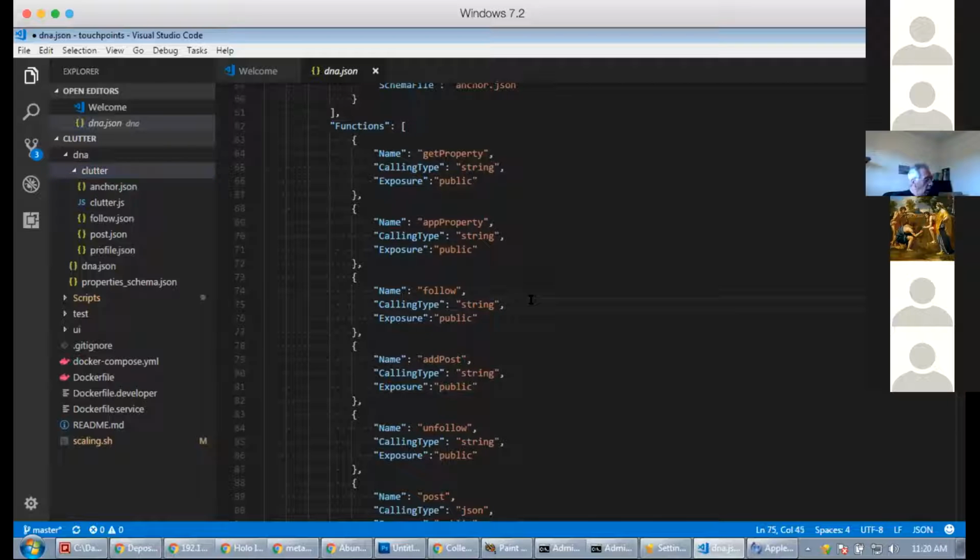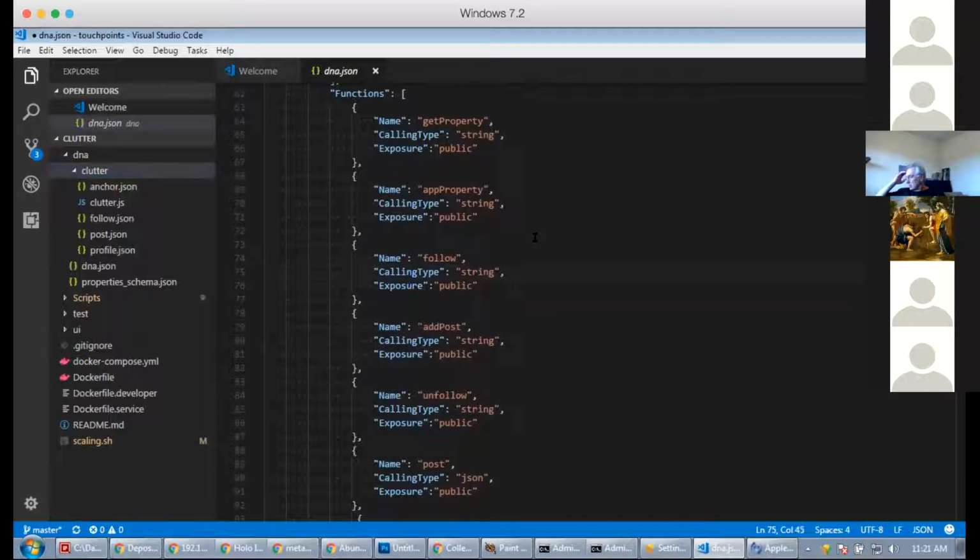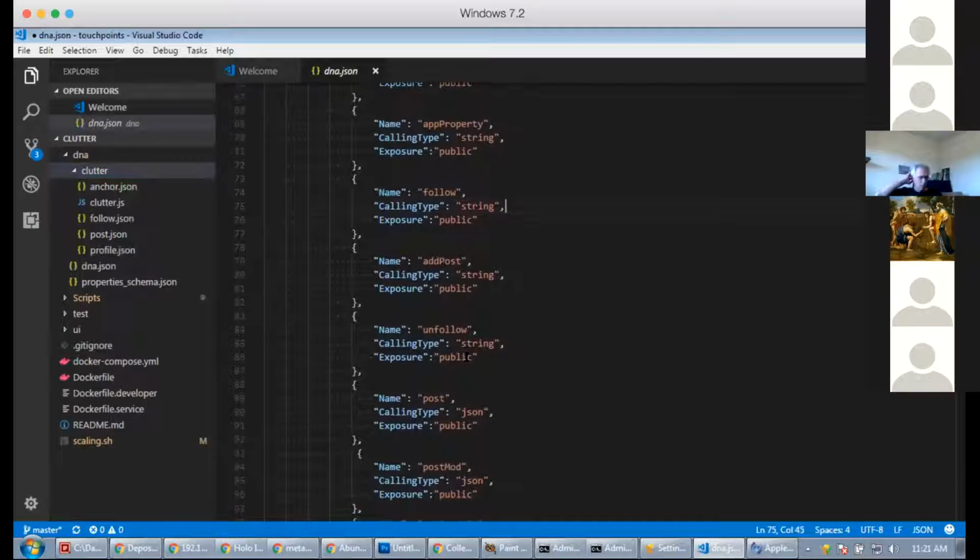There will be many ways ultimately that you can interact with a Holochain application, and the way the world has embraced blockchain, where you interact through a local client with an HTTP interface, we rolled out with that model as well. So through your HTTP interface to your local Holochain client, on port 4141, you can call these functions, these methods: follow and add post and unfollow and post.